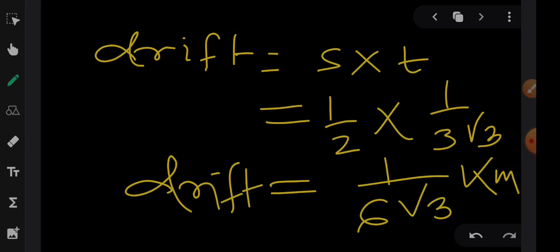So in this way, our first aim is to find out the velocity of swimmer with respect to ground in component form, and we use the horizontal component to find out the physical quantity in horizontal direction, and we use the vertical component of velocity to find out the physical quantity in vertical direction. In this way, by using this approach, we can solve river-boat problems very easily and quickly.